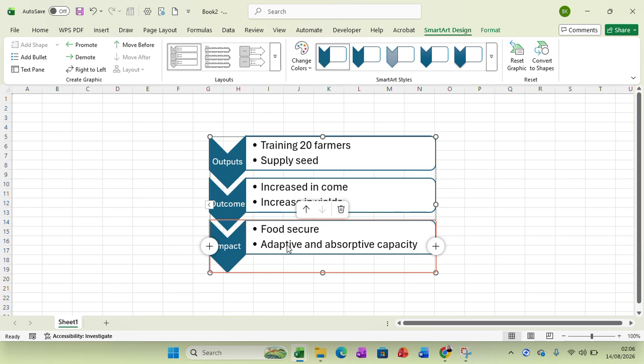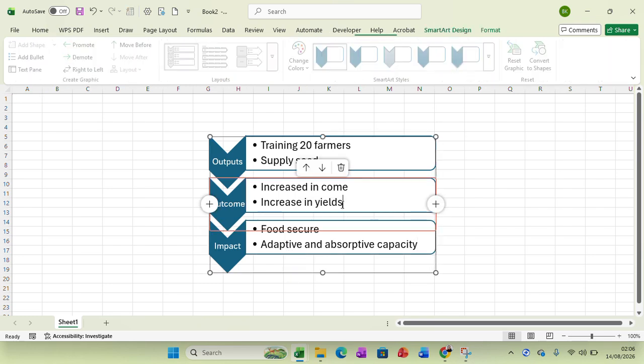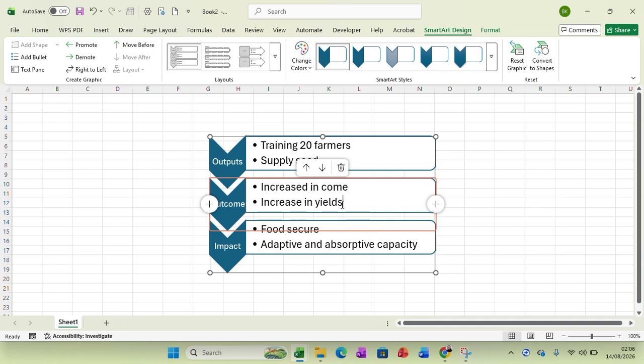So you can have something like that, but it's not a must you have two bullet points in the